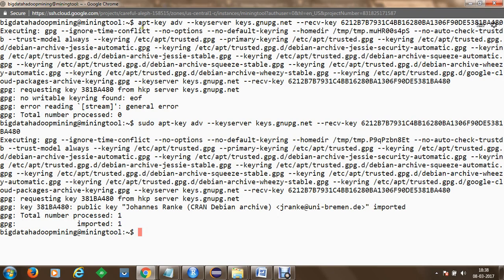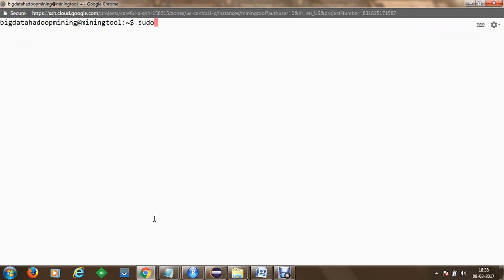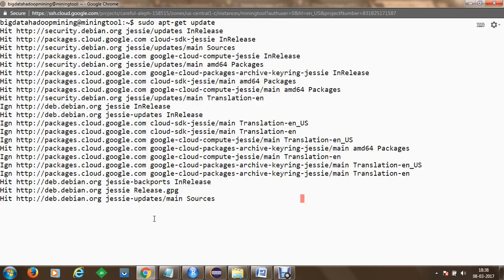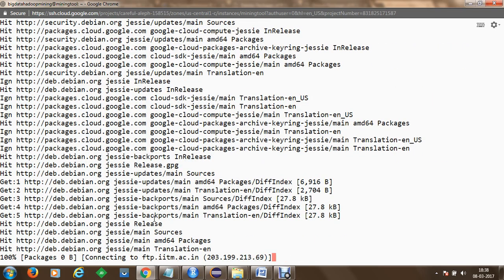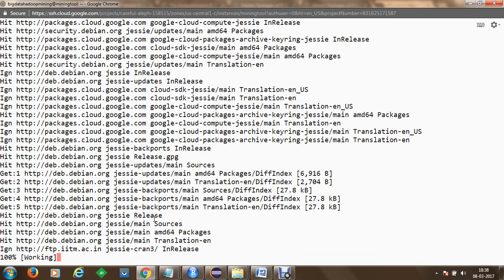In case you have not provided super user privileges, you can specify sudo before the key, and now you will be able to import the keys within your computer. Once you have got the keys imported, we are going to update our Linux instance again so that we can securely download APT information and the system gets updated with the latest packages for R.